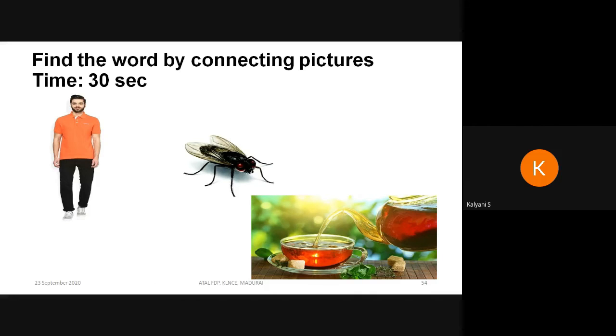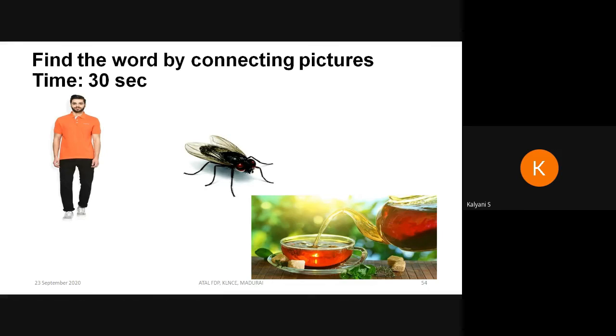Before I conclude, this is not related to the topic of the session. I just want you to connect these pictures and tell me the single word behind these pictures. It is not related to machine learning, it is not related to power system. It is out of the topic of today's session. Any idea? You have seen the connections game in Vijay TV, no?